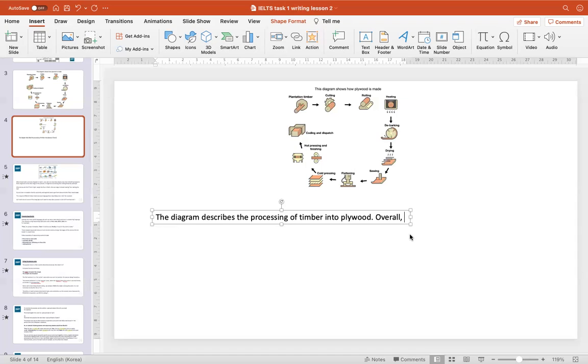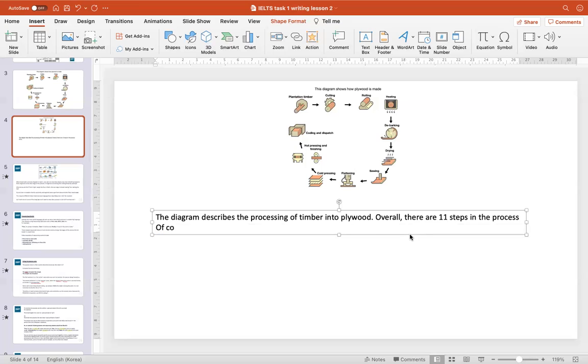Overall, I would focus on the number of steps. So we're not being specific. We're not talking about individual steps specifically. We're talking about the whole number of steps. So overall, how many steps do we have? Can you count them? 11. Okay, 11, that's right. So overall, there are 11 steps in the process